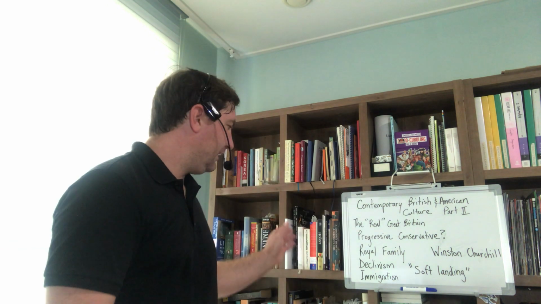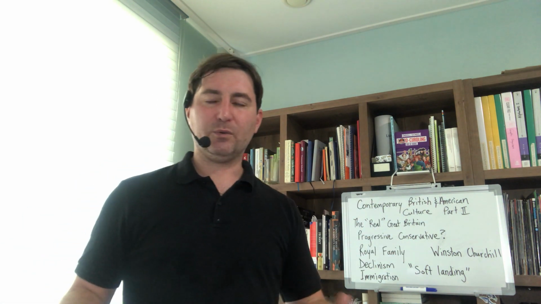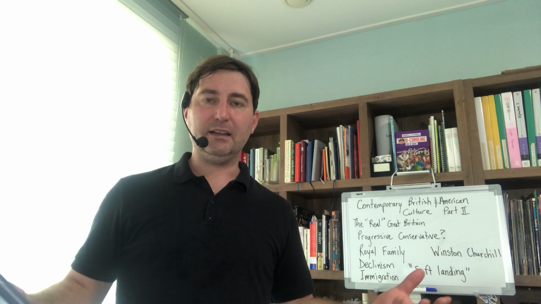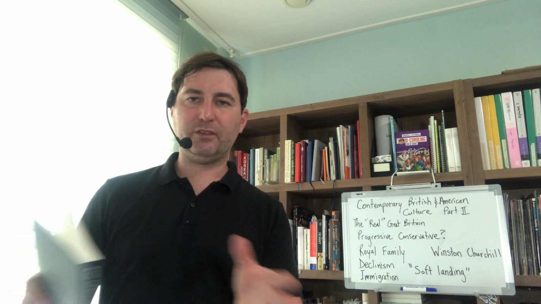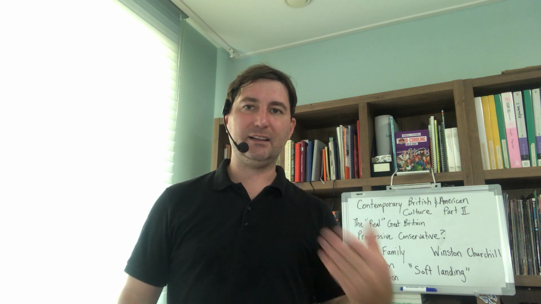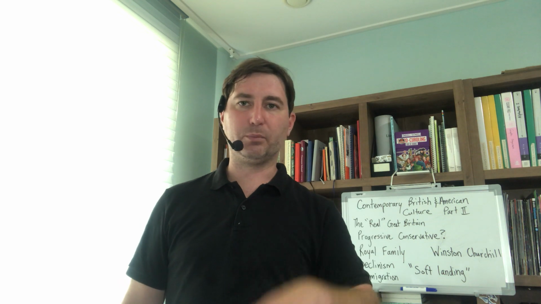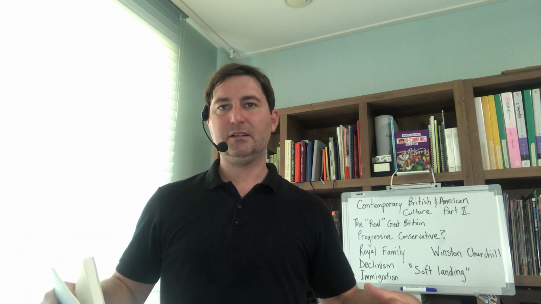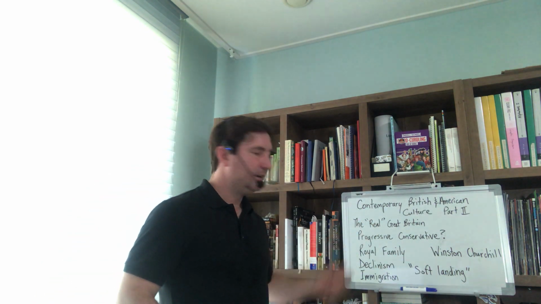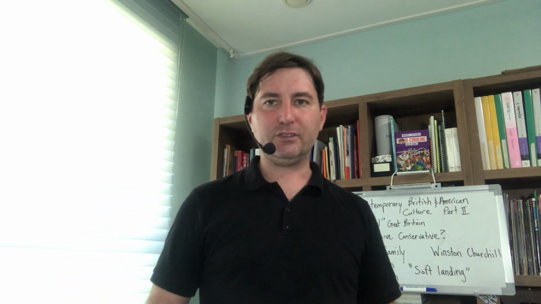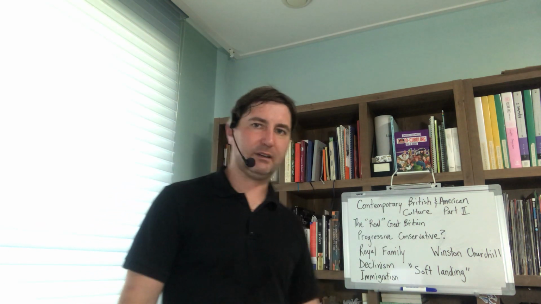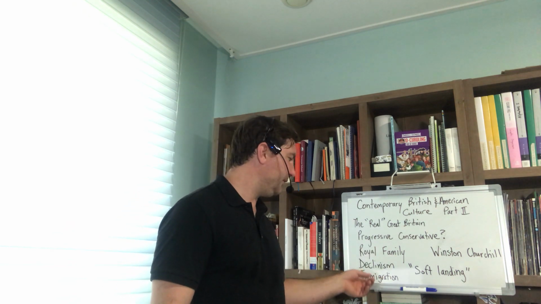So that's what I want you to recognize, that immigration is part of the British identity. That it's really becoming, if you want, this is where the difference is. If you call yourself English, the person is less likely to call themselves English than they are to call themselves British, because British has this global element to it. So remember that. Immigration is important to the idea of what the real Great Britain actually is. And remember that, 1 foot in the past, 1 foot in the present kind of idea. So you got the royal family, you've got immigration.